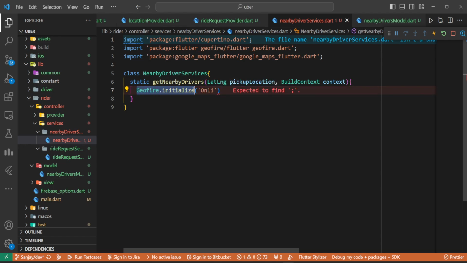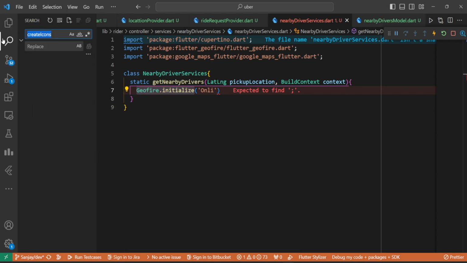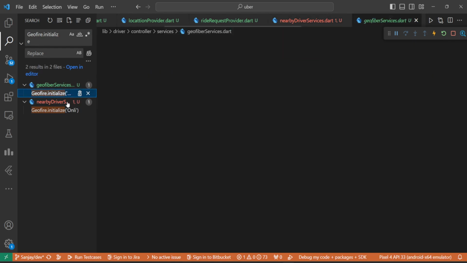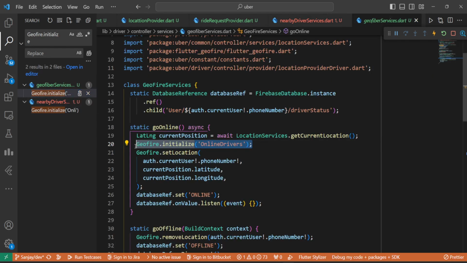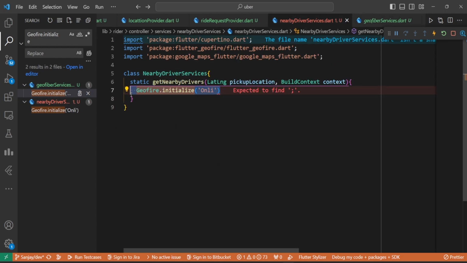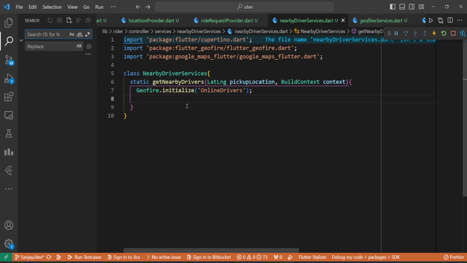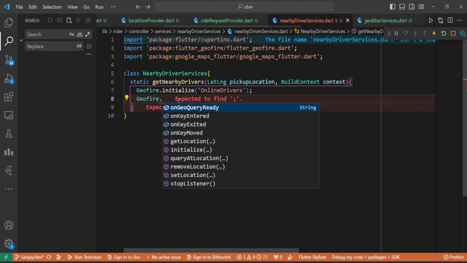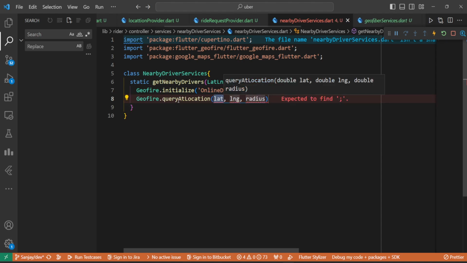Let's copy this one, search, and here it is. So we will copy this one, make sure we have the same path name. So I will paste it up here. We have initialized this one. Now it's time we go with a query. Geofire dot query at location, and it's going to be